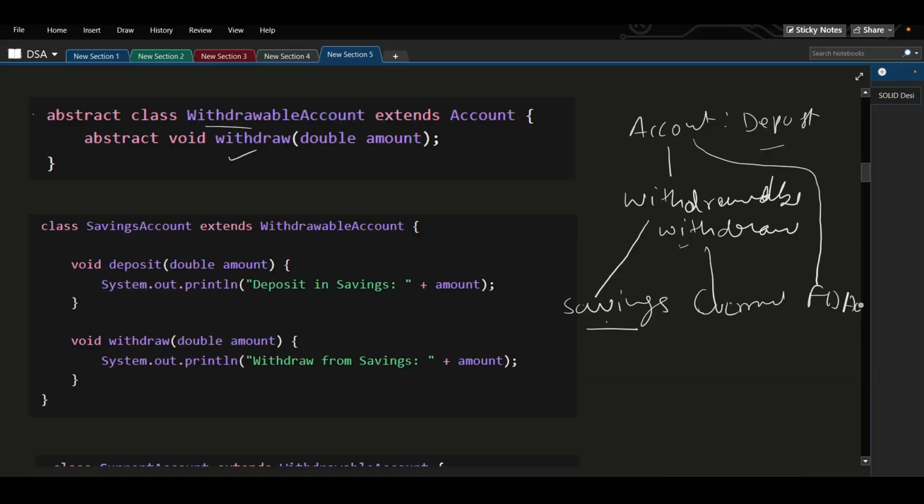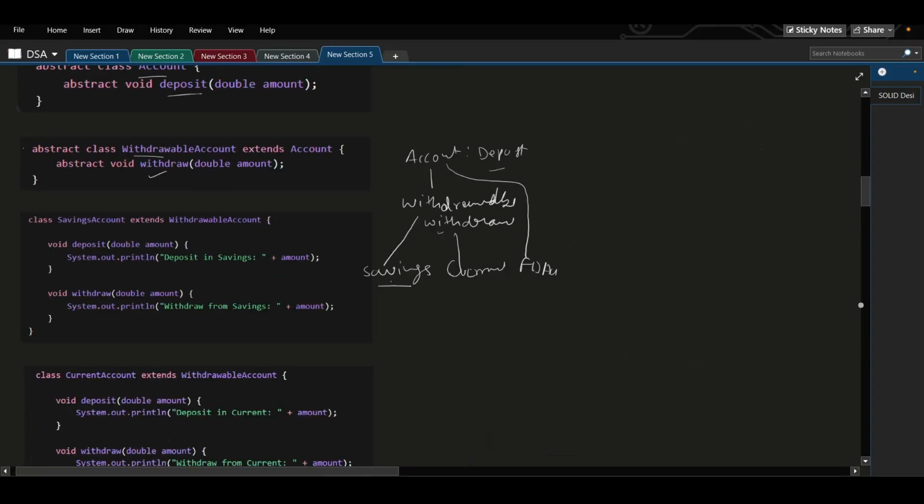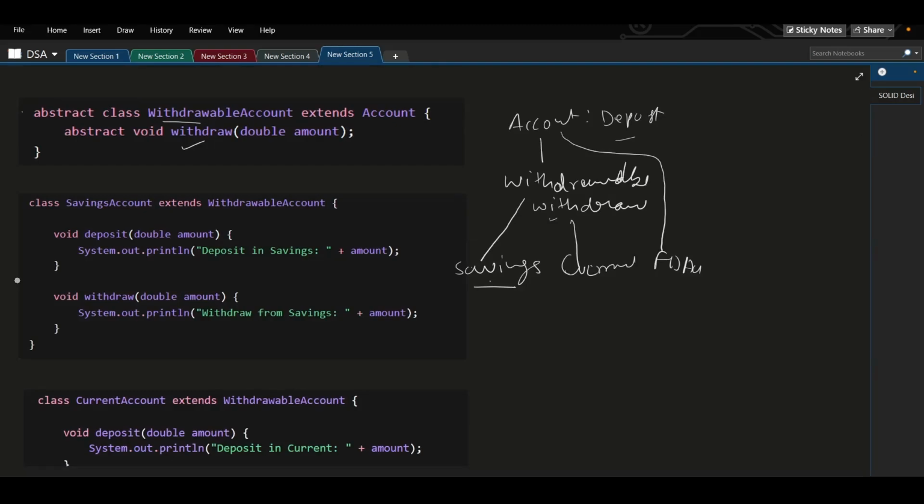Why? Because it does not have withdraw functionality. So you can see how the design has changed. Let's say in future some new type of account X appears, we will just have to check whether it has withdraw functionality or not. If it has, we can extend withdrawable, and if it does not have withdraw functionality, we can use the